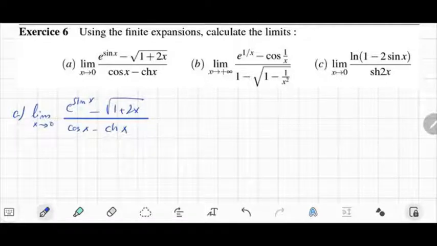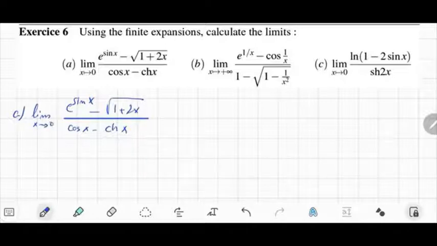Hi, we continue solving exercise sheet 6 and we will solve now exercise 6. We need to find the limits of these functions when x tends to 0 or plus infinity using the finite expansions. So the first function we have is exponential sine x minus square root of 1 plus 2x over cosine x minus chx. As we learned from the course, to find the limit of the ratio we need to